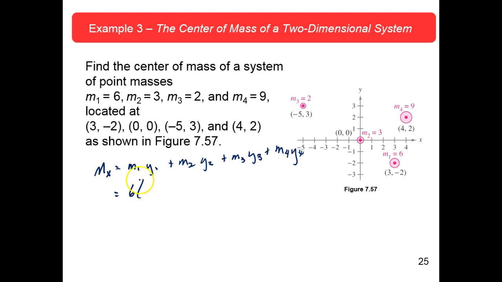Help me, somebody. -2, I think I heard you say. Plus M2 is 3 times 0. I like that one. Plus M3 is 3. Plus M4 is 2. Okay. So the moment about the x-axis is